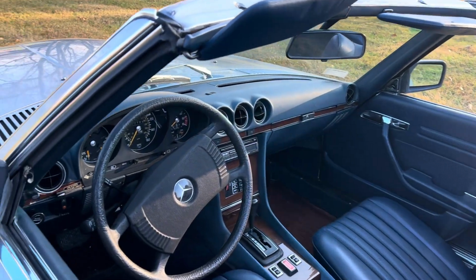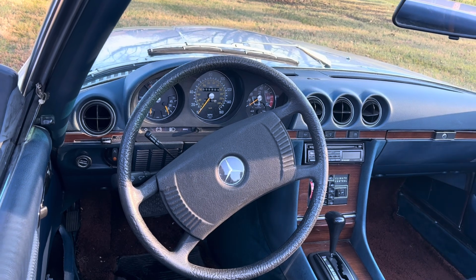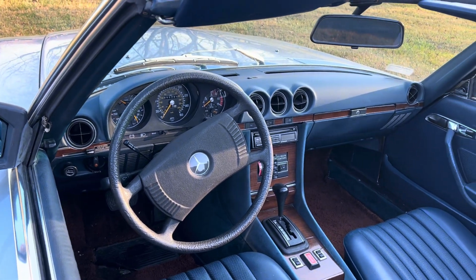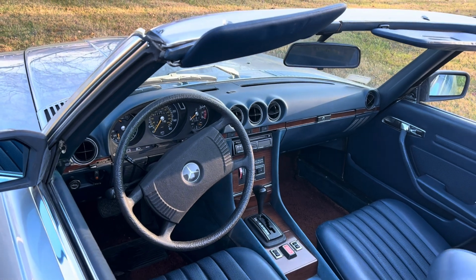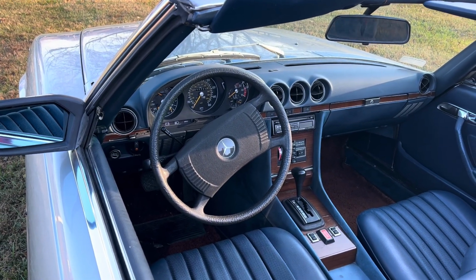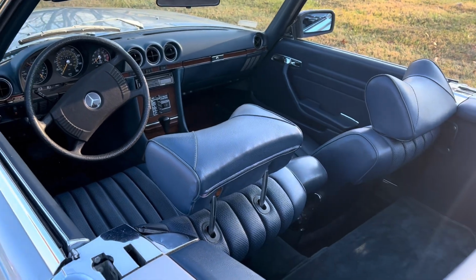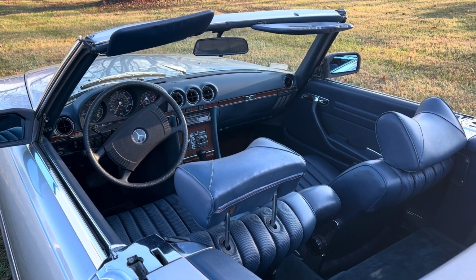And then you look at the gauge cluster. It's a very traditional Mercedes gauge cluster. I think that was pretty much similar in every Mercedes that we had. And then that monstrous steering wheel, which looks like it belongs more on a boat or in a bus than actually in a car. This car was considered a grand touring car, and again, Mom and Dad picked this up European delivery, and they